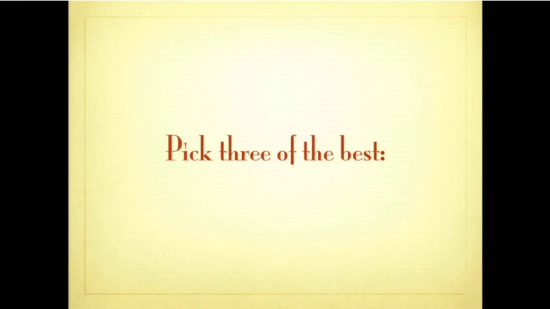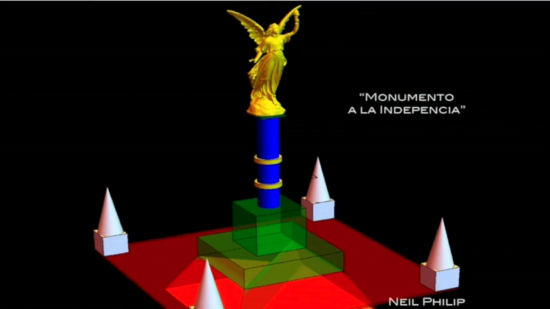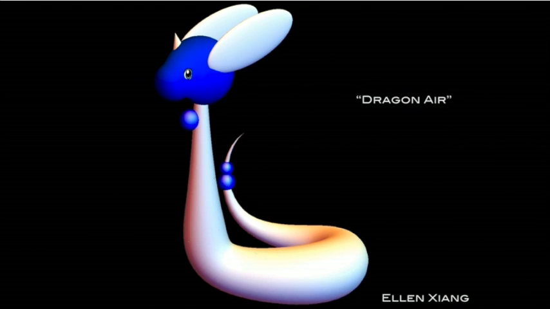And if I had to pick 3 of the best, maybe that was just excellent use of, first of all, it's a real monument, right? It's a real monument in Mexico City, the Monumento a la Independencia. And so this was a file, and I learned a lot from that. It's very beautiful, the use of Bezier interpolation curves. It's very smooth and very simple, and I think it's really kind of sublime, very, very nice. Also nice use of texture here, and really beautiful.